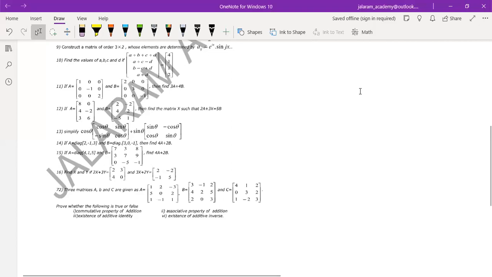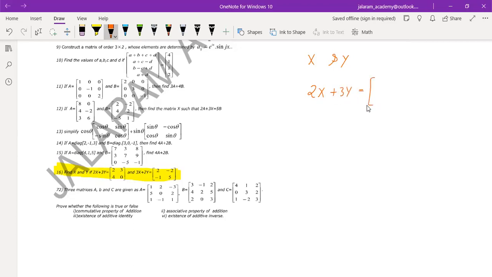We were discussing addition of matrices, and in that, a very important question, question number 16, we are going to discuss today. We have to find x and y, where x and y, remember, are matrices. Why are they matrices? As 2x is a matrix, 3y is also a matrix, so their sum